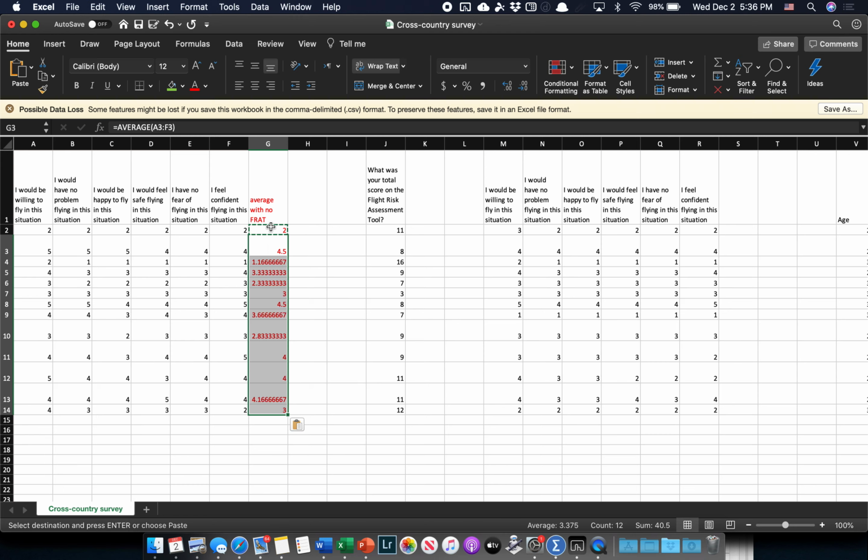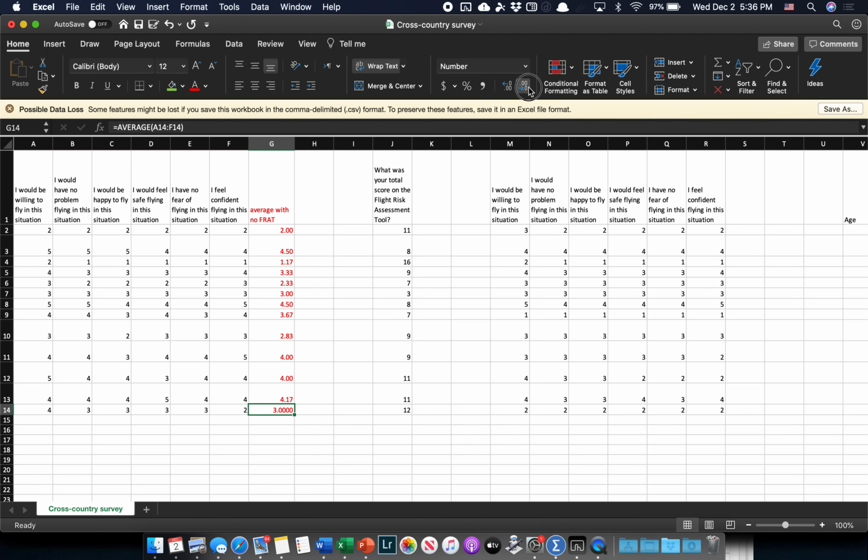And there you go. And so now, if I'd like to get it to 3 significant figures or 2 decimal places, I'm going to bring it down using this decrease decimal button right here. And so here you go. Here are the average scores for each individual